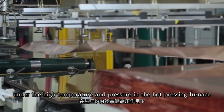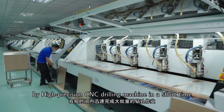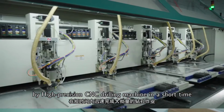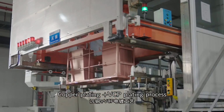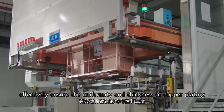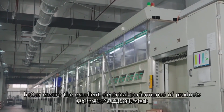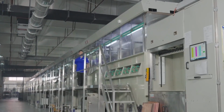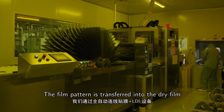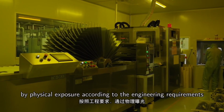the hot pressing furnace. A mass drilling operation is quickly completed by high-precision CNC drilling machine in a short time. Copper plating plus VCP plating process effectively ensure the uniformity and thickness of copper plating, better ensure the excellent electrical performance of products. The film pattern is transferred into the dry film by physical exposure according to the engineering requirements